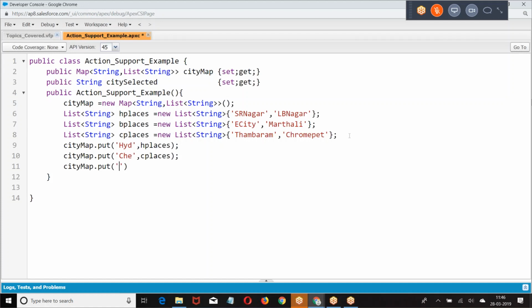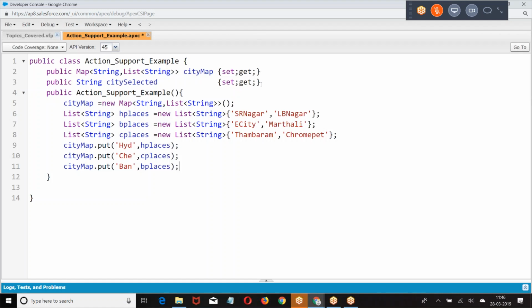Then we have, what was this? I just created a map. City name with a list of places. Hyderabad, Hyderabad places. Bangalore, Bangalore places. Chennai, Chennai places. I just created a map.